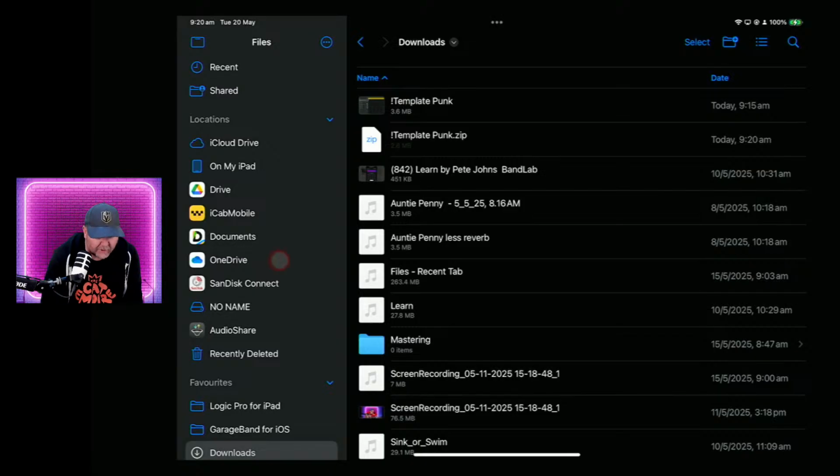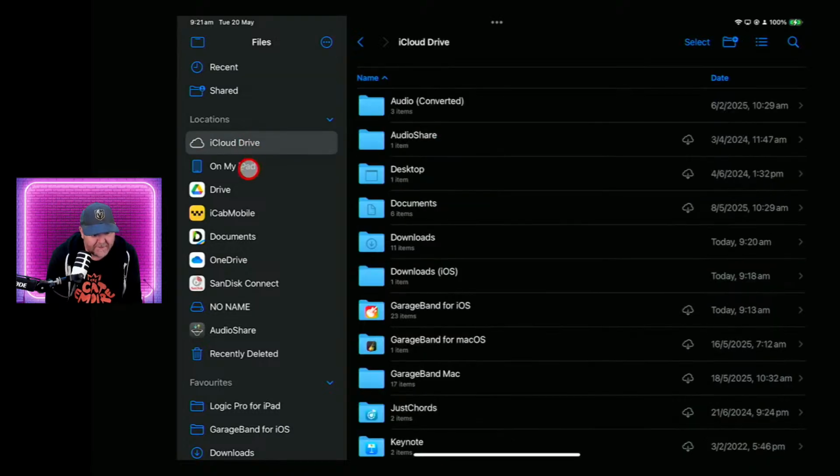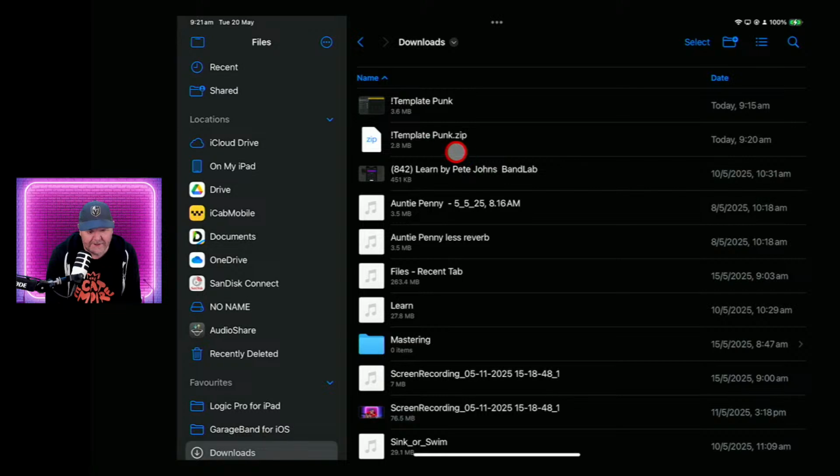So if I wanted to upload this file, this is where recent can come in handy because it'll put your recent files up here, except it hasn't put that zip file, which is interesting. Because it's not an openable file, it hasn't put that zip file there. So let's just create, oh, there it is, it's in downloads.